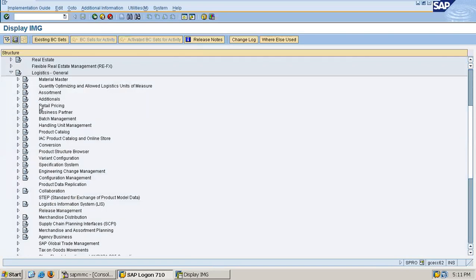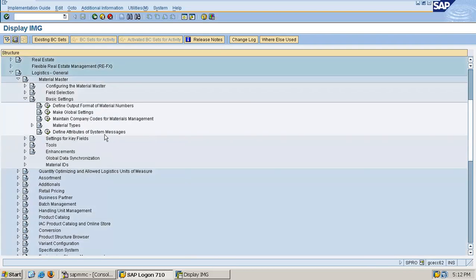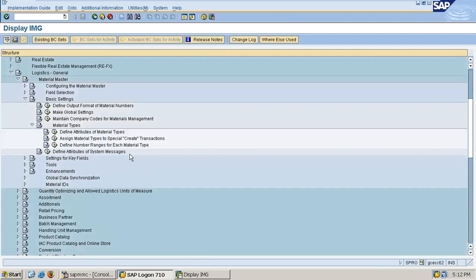Then you have to go to material master. Then basic settings. Then material types. Material type. You remember that day I was telling you that